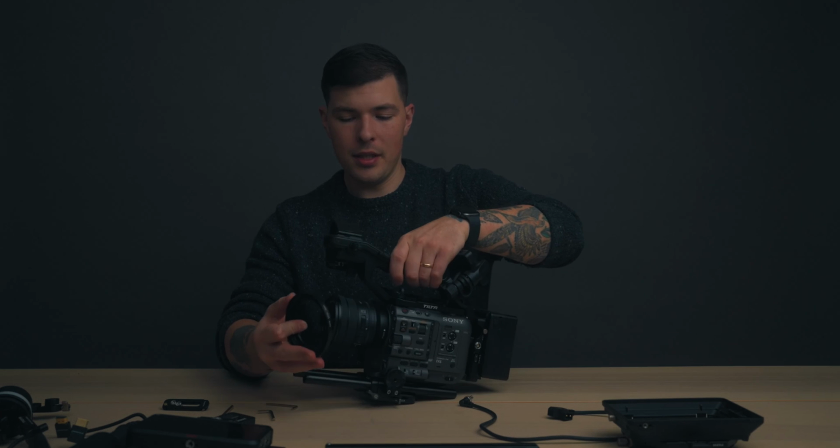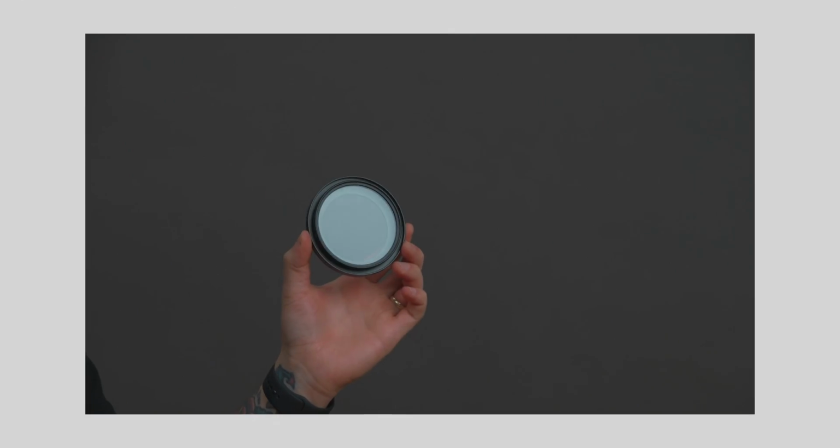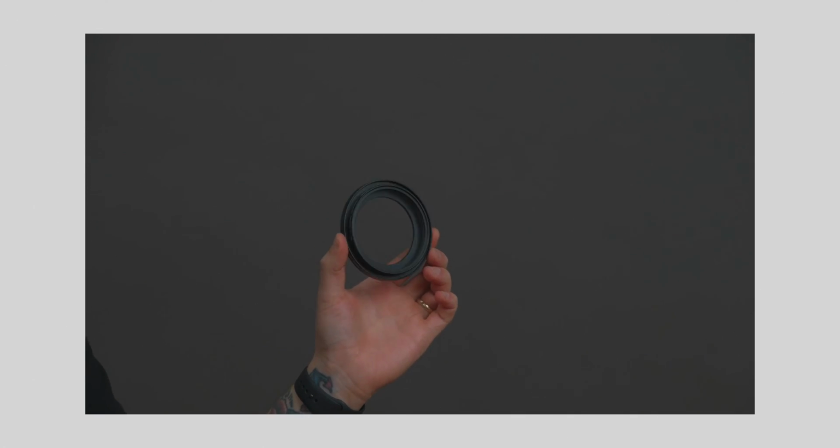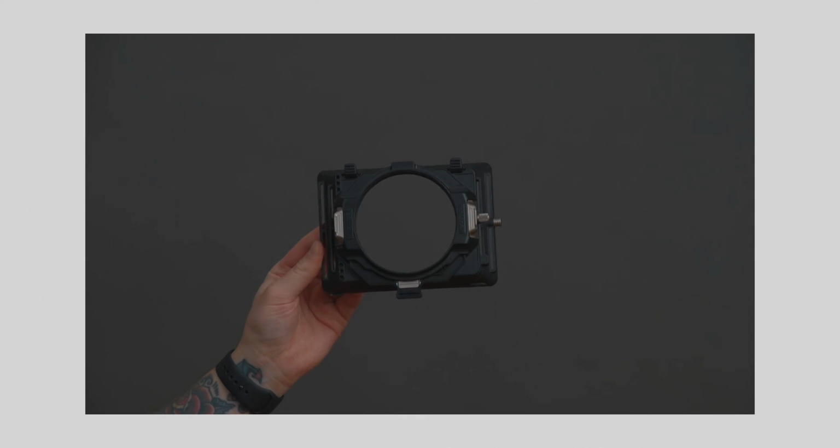So I'm just gonna really quickly pop on my 77mm to 82mm step-up ring, and then the 82mm ring for the Tilta Mirage matte box. I'm just gonna throw it on now because it's really easy to put on and it doesn't really contribute too much to the build. I just really like it for shooting outside when there's a lot of flaring. I can add the hood to the top if I need to prevent some of that hazing that can happen when light gets toward the edge of the